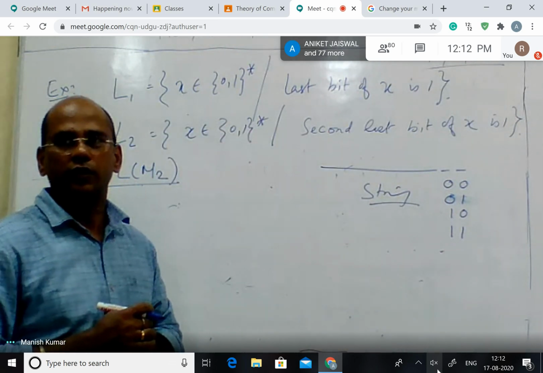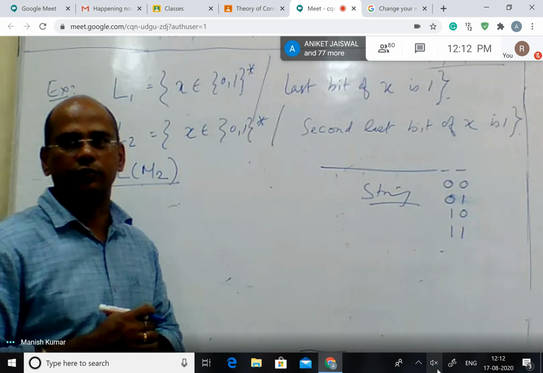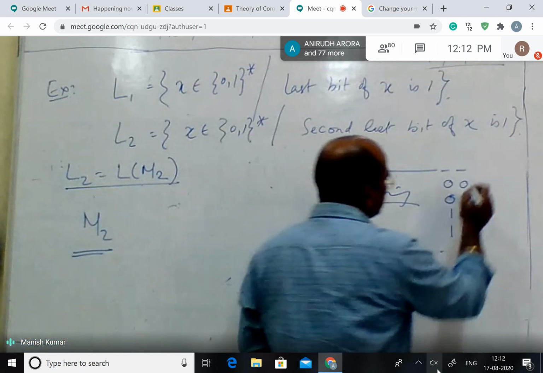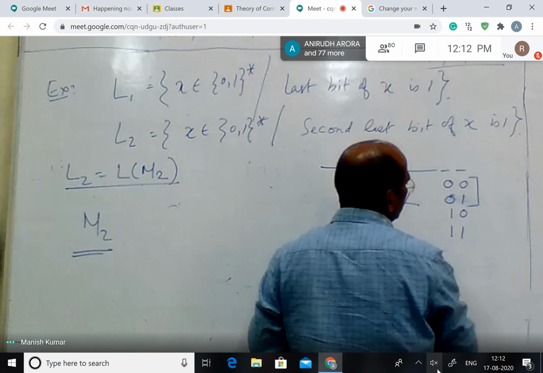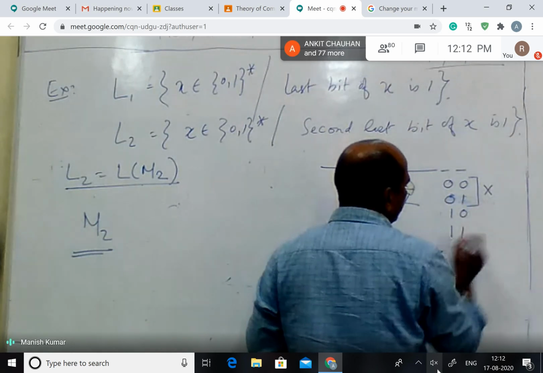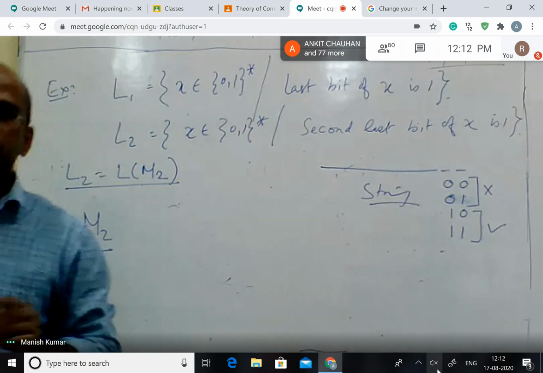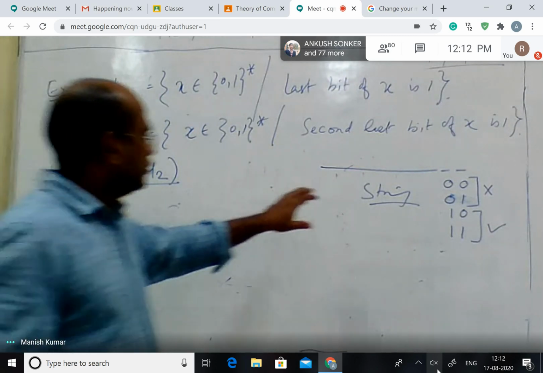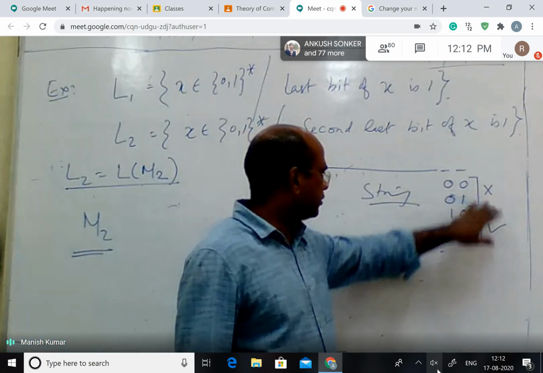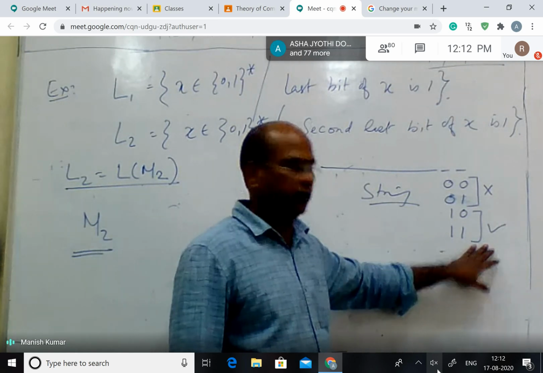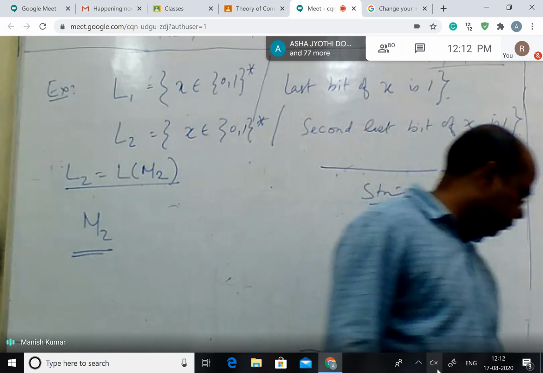This is what we require. This can't be accepted, whereas these two may be accepted. Is that okay? So these 2 can't be accepted, these 2 can be accepted. So we'll refine the diagram in a way